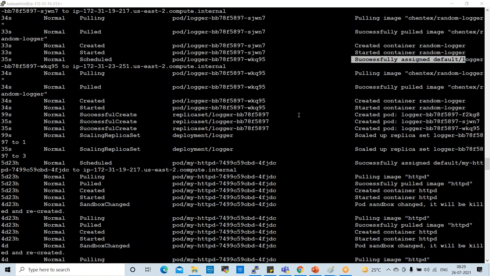Okay, fine. So we can check whatever events are generating in the console using the command kubectl get events. I'll also show you how to check a particular point. Okay. Next.